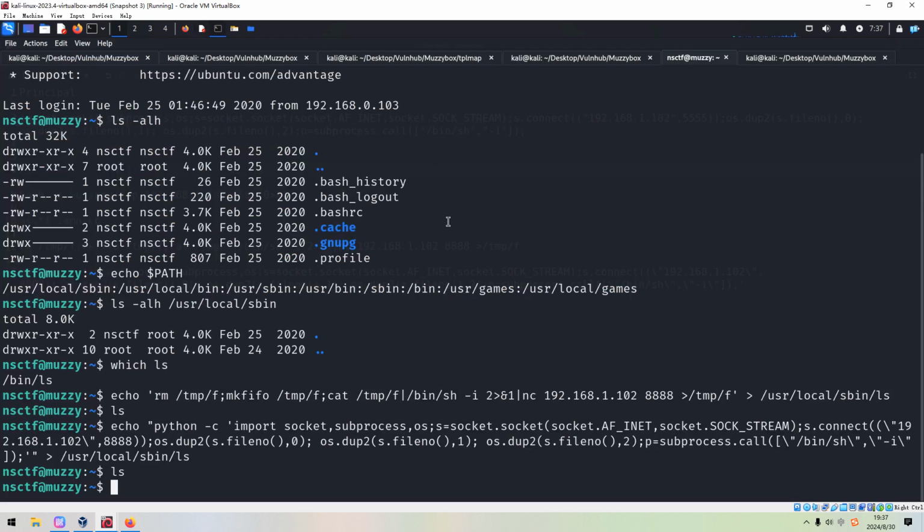We can use curl, the echo, and the POST method, and data.